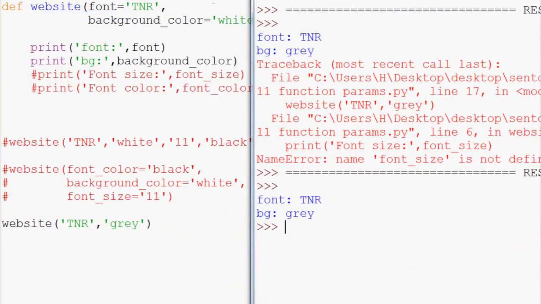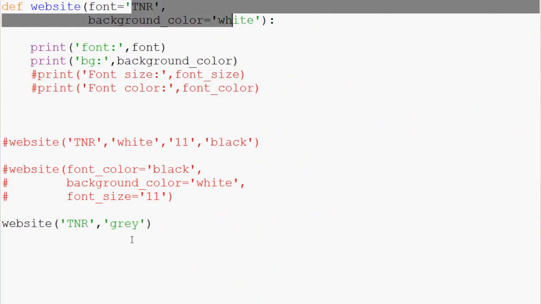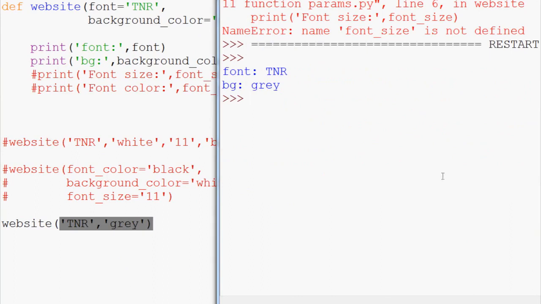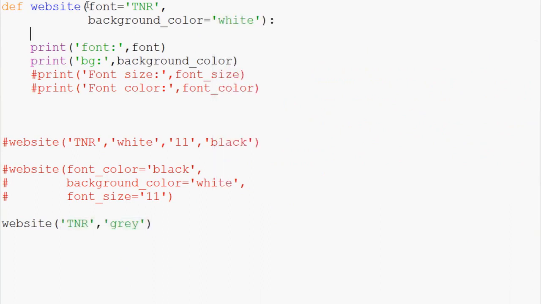So actually, if there's only 2, then you could still define defaults and the person could still type them in like this. So actually, if you're creating a function and you're planning to use it yourself or even share it, it just makes a lot of sense to go ahead and define defaults. Now, again though, at least for my purposes, if I only have a couple variables here, I usually don't put in defaults, but if you're creating a function that has just gobs of parameters, then it just kind of makes sense to go ahead and put in the defaults,